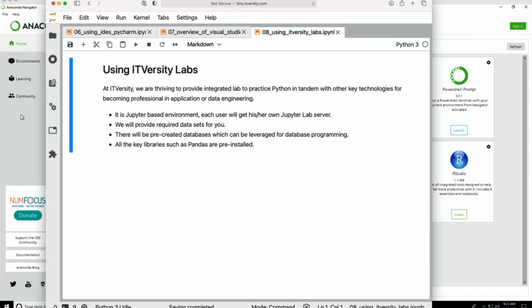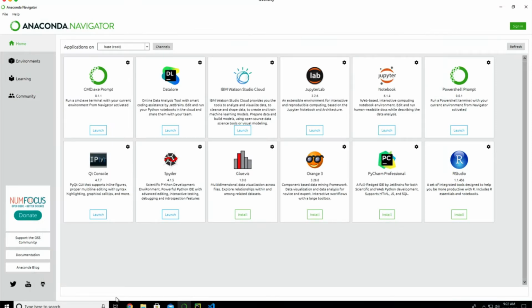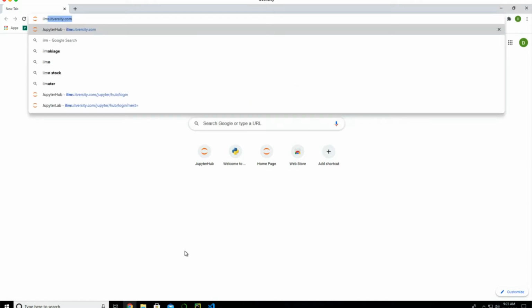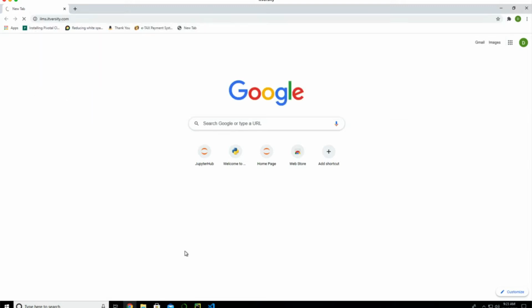Let me actually log in into the labs using the Windows here. In this case, I'm going to the browser, which is nothing but Chrome. You can also use Internet Explorer or Firefox or Safari, whatever browser you want to use, but I prefer to use Chrome. Now, this is the link at this time, which I'm using to actually create the content and shoot the videos. In future, the link might change or it might be the same. Just you have to go to the link provided to you.